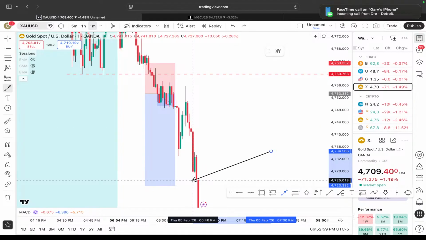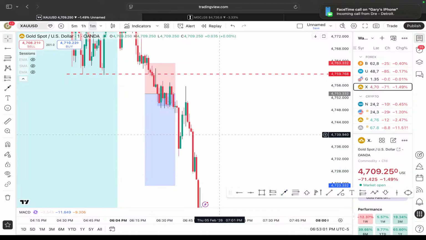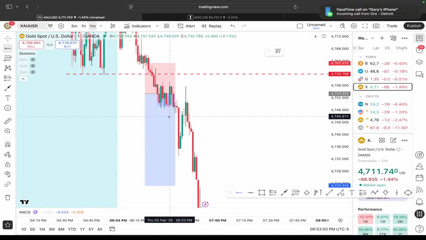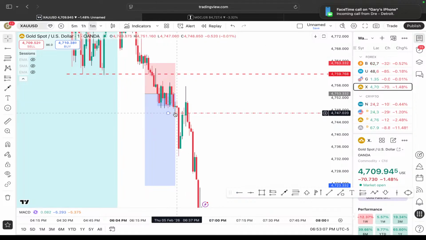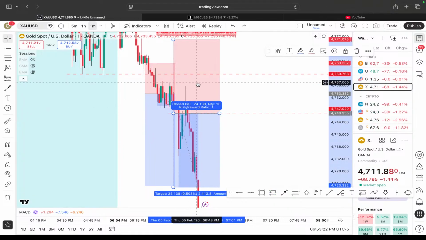So it went lower. So let me show you something, right? This could have been another entry. Your stop loss would have had to been pretty decent though. You could have got in right here, or a smarter thing was to wait for this bearish engulfing. So you could have just got in right here off rip and just prayed and hoped, like, oh, it's gonna go down,